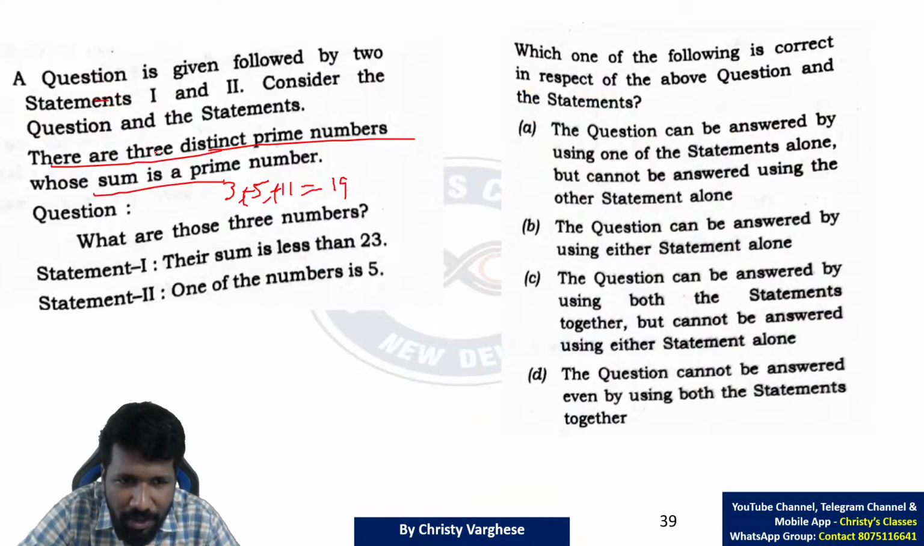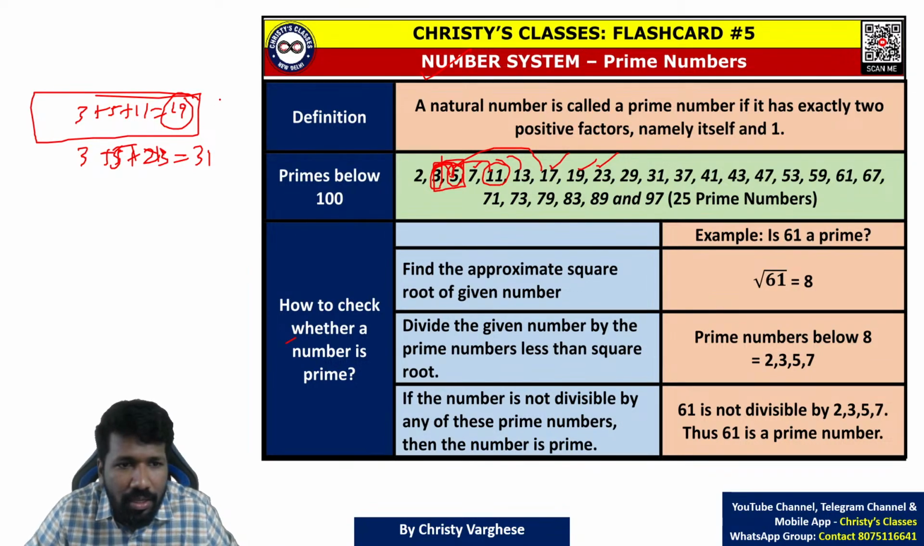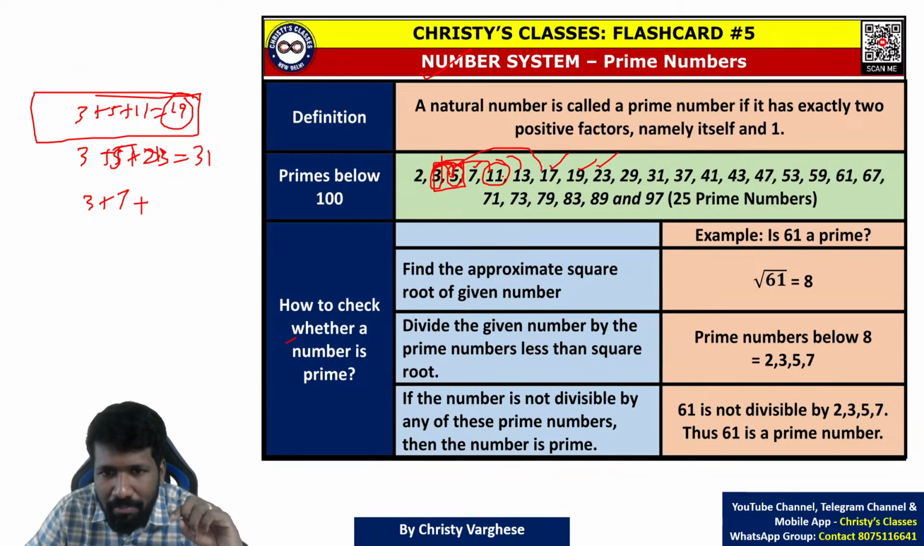Okay, now read further and then we will discuss further. What are those three numbers? Their sum is less than 23. In the case of 19, their sum is less than 23. That is satisfied. So, any other possibility below 23 that you have to check now. Instead of 3, 5, let us check 3, 7. 3 plus 7 is 10. 10 plus a prime number, is it